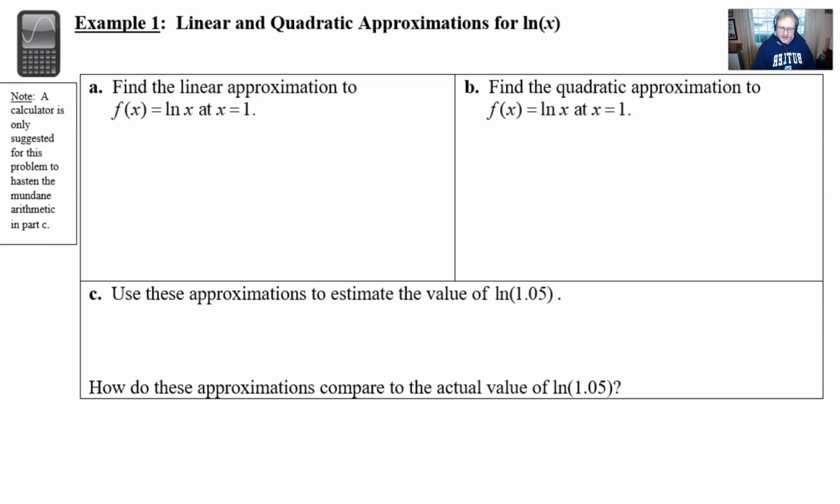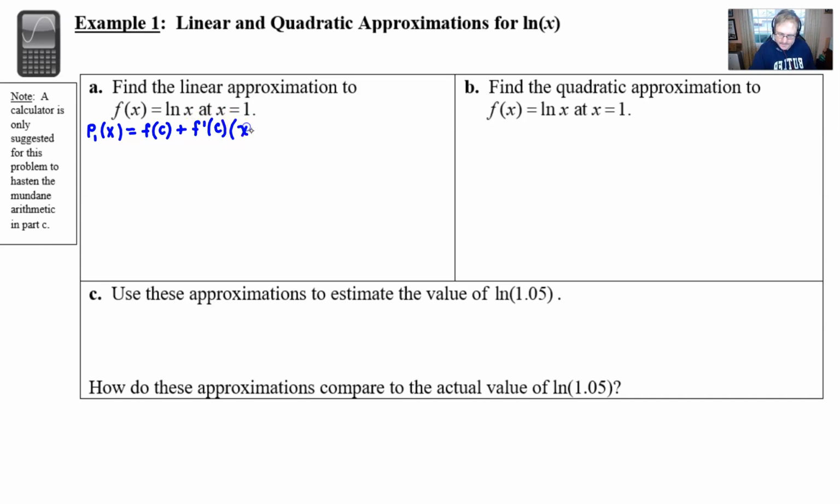So part A, find the linear approximation to f of x equals ln of x at x equals 1. Well, in order to do this, we're going to start with what we wrote down earlier in our notes as the P1 of x model. Basically, it's what L of x used to be. It's what y is when you get y by itself in the point slope formula. And it just looks like this. It's f of c, this would be the specific version, f of c plus f prime of c